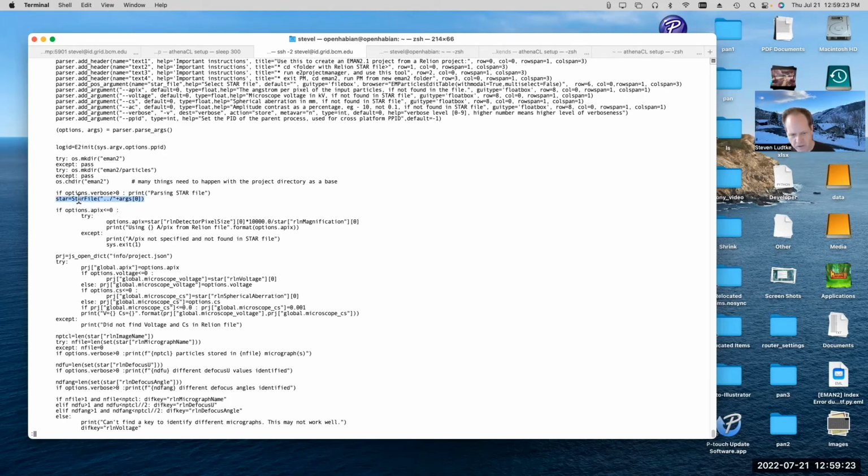So basically, you just say star equals star file. So you open the file, and then once you do that, it basically gives you dictionary access to any of the columns that are present in the file. So you say star of Relion type, it omits the initial underscore, but other than that, you just access it like a dictionary, and it'll give you a list which contains all of the values for that particular column of the file.